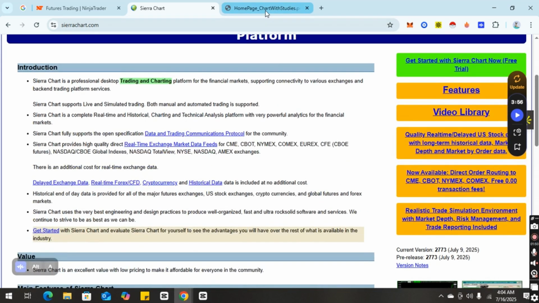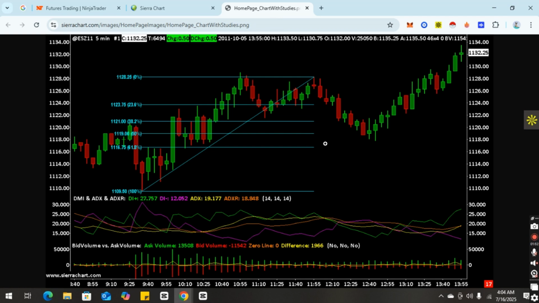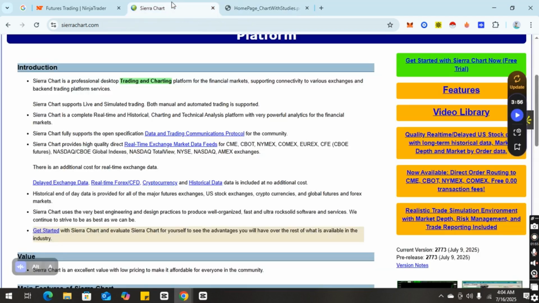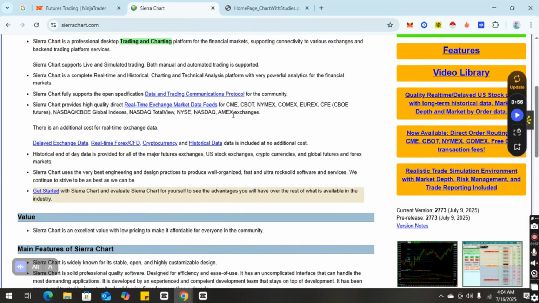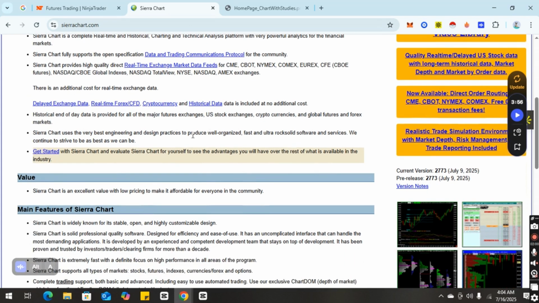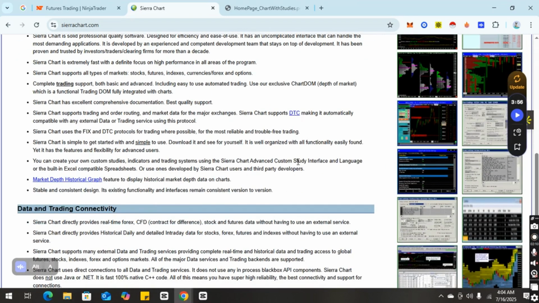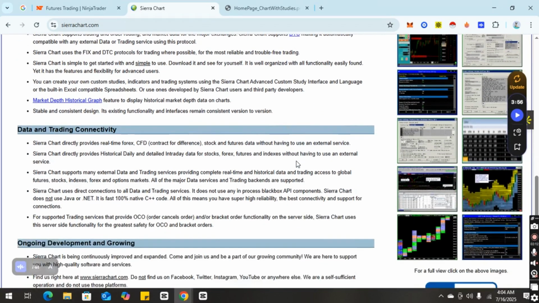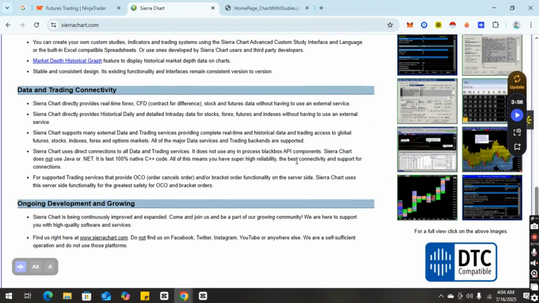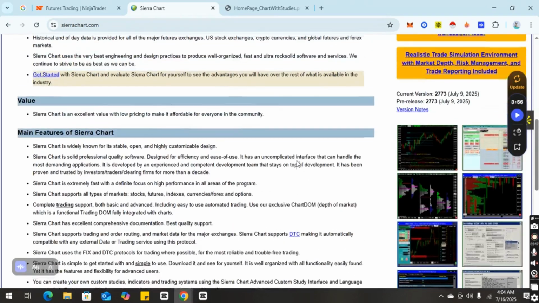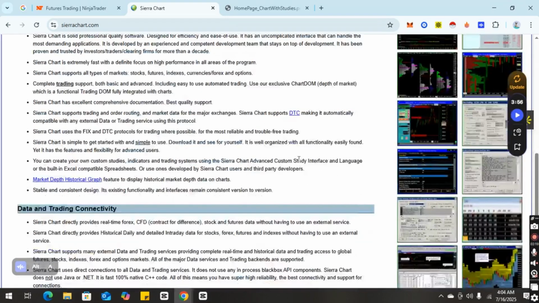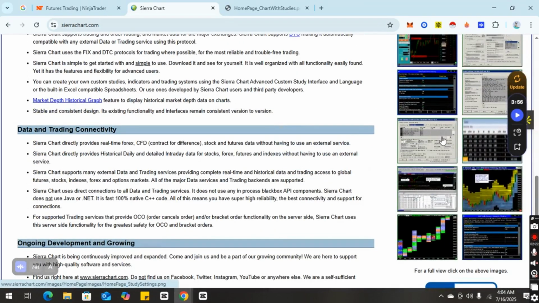Sierra Chart's edge becomes more evident in backtesting accuracy, resource efficiency, and high-speed data processing, especially on lower-end machines or large-scale setups. Traders who build algorithmic strategies or require precision control over every aspect of their data pipeline tend to gravitate towards Sierra Chart. However, the learning curve is much steeper, its documentation is thorough but dense, and support is more technical